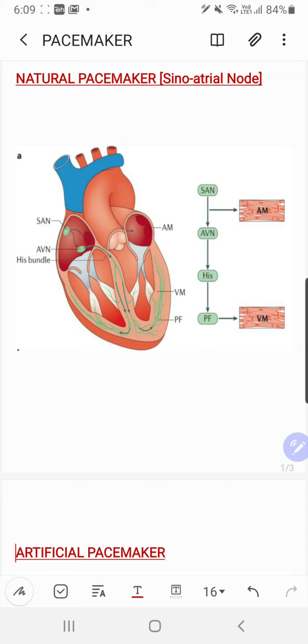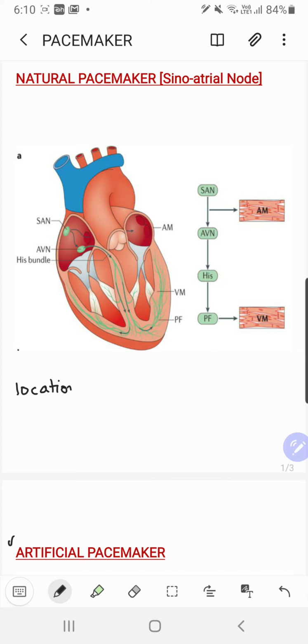Now I also saw that you wanted a video for pacemakers, and we are going to discuss these two pacemakers today. One is natural and the other one is artificial, right? What you have to see here is, first of all, I have pasted a picture here for natural pacemaker, and sometimes the location. Now this is an area of worry for you.